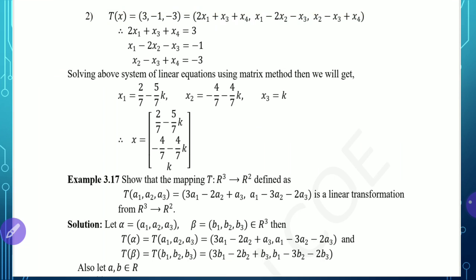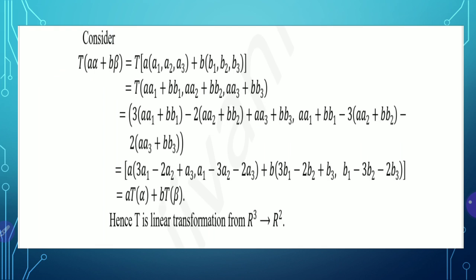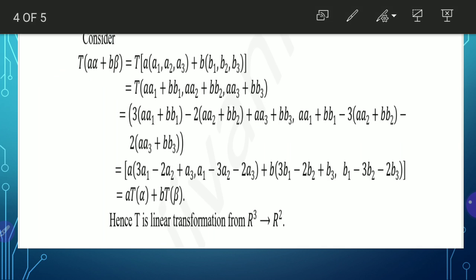This is the definition: 3 times the first element, minus 2 times the second element, plus the third element, like that. Here the first element is a1 plus b1, therefore 3 times (a1 plus b1), like that. So we have applied that definition. Now after simplifying and rearranging the terms, after taking suitable terms common, that has given us